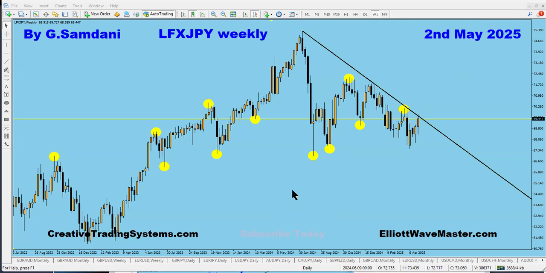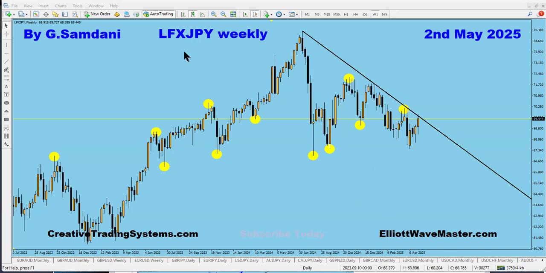Because of the tariff and whatever is happening, I think that GDP numbers came out bad, right? So NFP numbers should be bad, right? So with that, USD can drop even more. I mean, the USD index can get even weaker, right? So we will look at everything from that perspective. When USD gets weaker, then yen usually gets strong, Aussie gets strong, right?